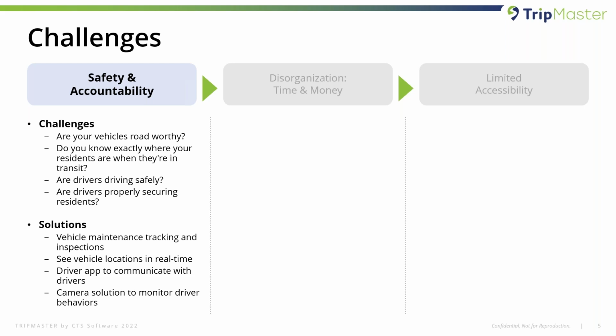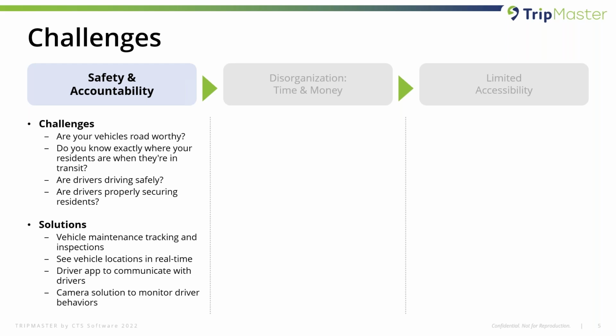So then visibility. Do you know where your residents are when they're in transit? It's not like you're going to the post office and mailing paper clips and thinking, okay, hope that turns out well, and just walking away. You're handing off residents, and that's a big commitment to trust people to do that.